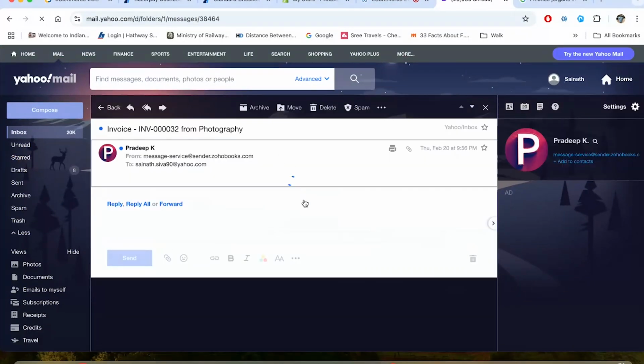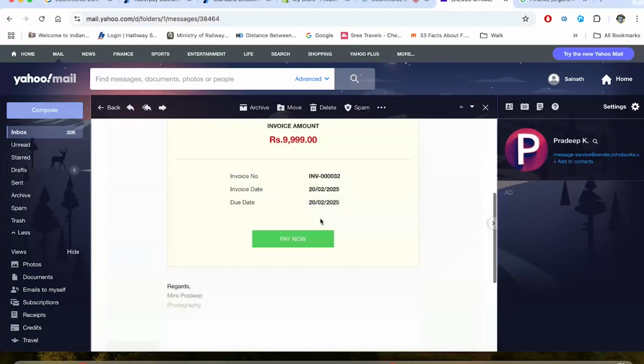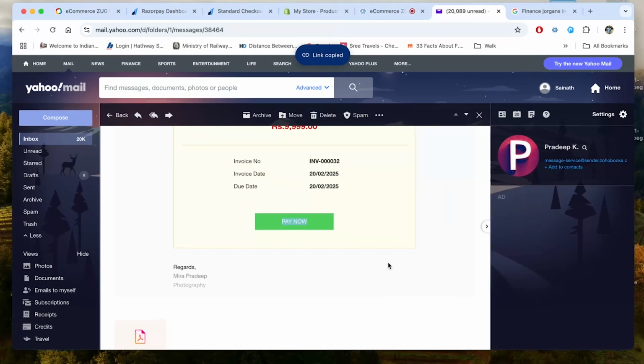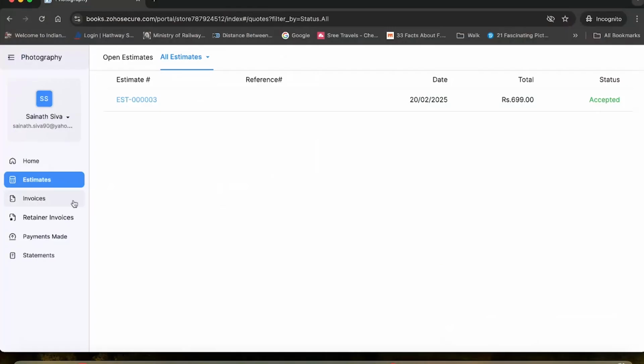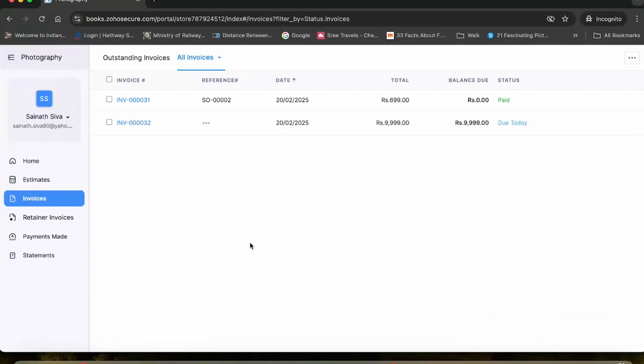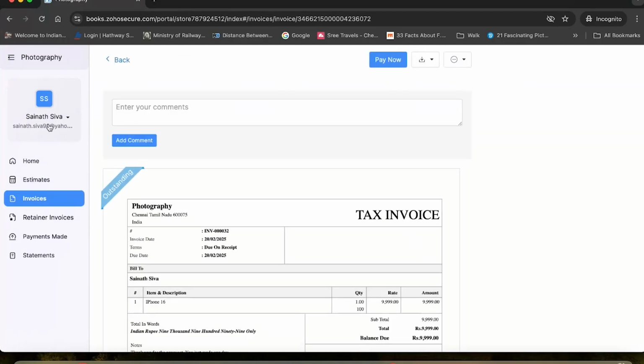So this is the invoice that I've received at this very moment for the purchase that has been made. I'm going to click on it, since I have already logged into this specific account, which is receiving the email. I'm going to log into the same account. So this is the account. If you click here, as you see, the invoice which I raised right now is reflecting on your account. This is the email to which I have sent the invoice. The moment I click on pay now,